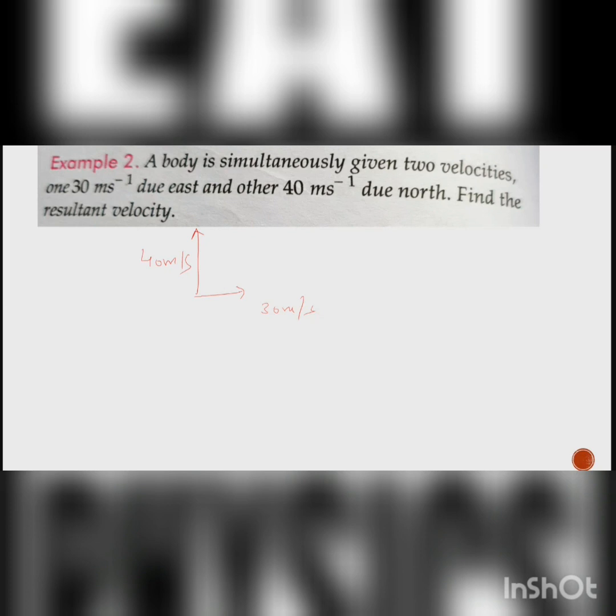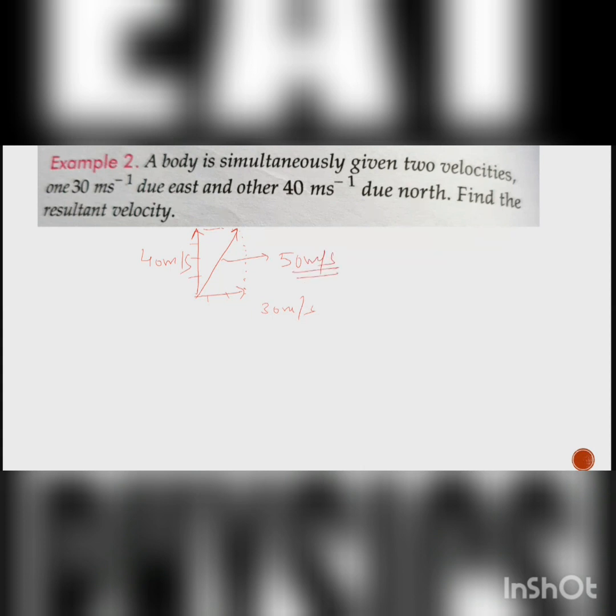It is totally your wish whether you want to do it graphically or mathematically using the Pythagoras theorem. The answer would be 50 meter per second. Graphically we can draw them as per a scale, a 3 centimeter line and then a 4 centimeter line, and we join them tail to tail. So this would be your parallelogram and this would be the resultant vector. If we apply Pythagoras, this comes out to be 50 meter per second.